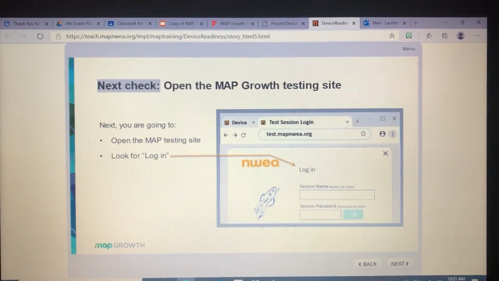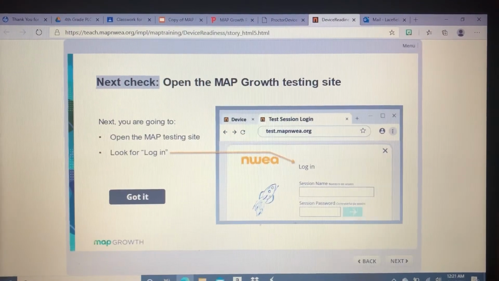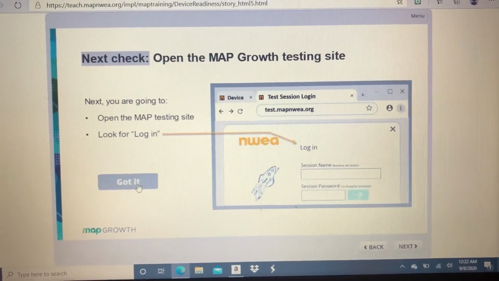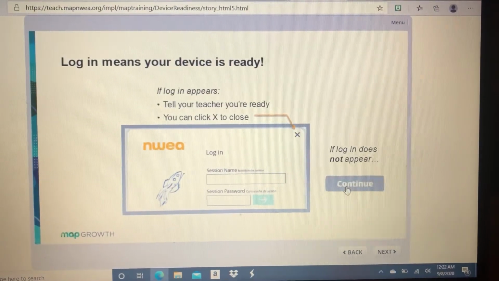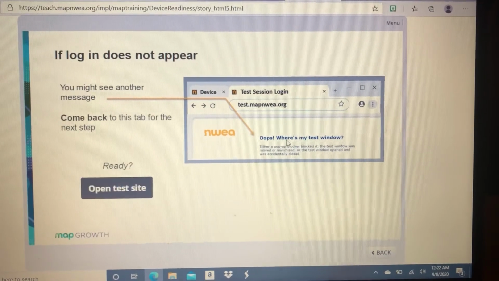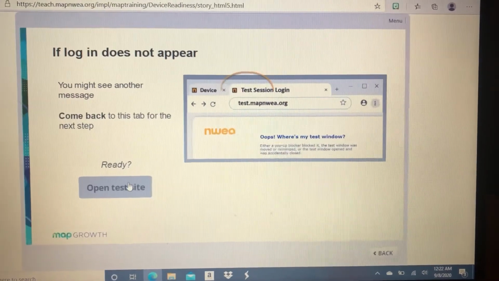Now I'm going to check to make sure that the login page will open up on my device. There's a couple prompts here that I need to read, and I just click through. One of them being the prompt, what happens if a login does not appear? Well, it's going to say that maybe a pop-up blocker has shown up and you will need to allow this